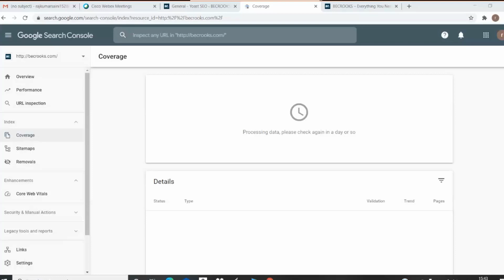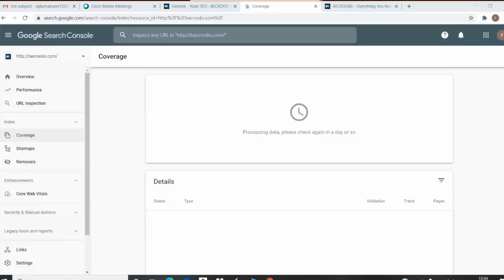How many clicks is my website gaining? What is the CTR? And you by now know what CTR is: clicks divided by impressions into 100. That is the formula for CTR. So impressions, clicks, and CTR is what you would come to know about, and various other things.